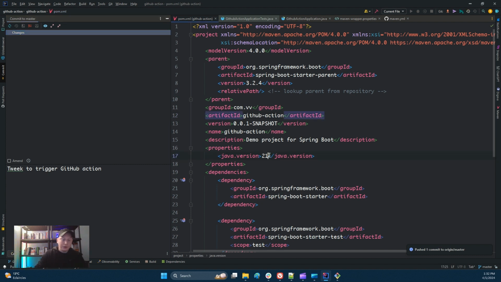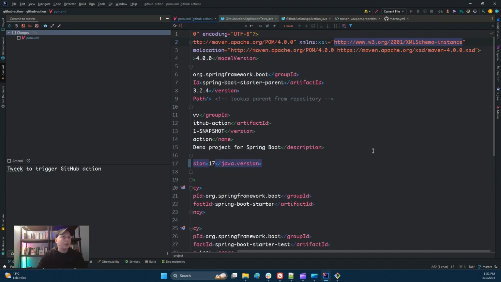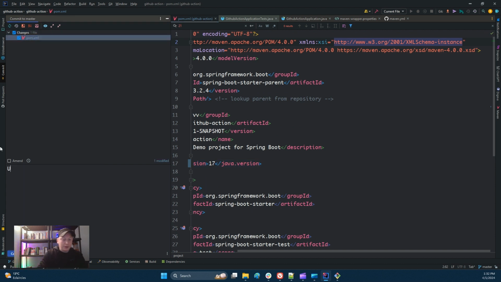So here I have to put 17. Okay, I search if there is any 21 reference. I don't think so. So I update the JDK version, commit and push.